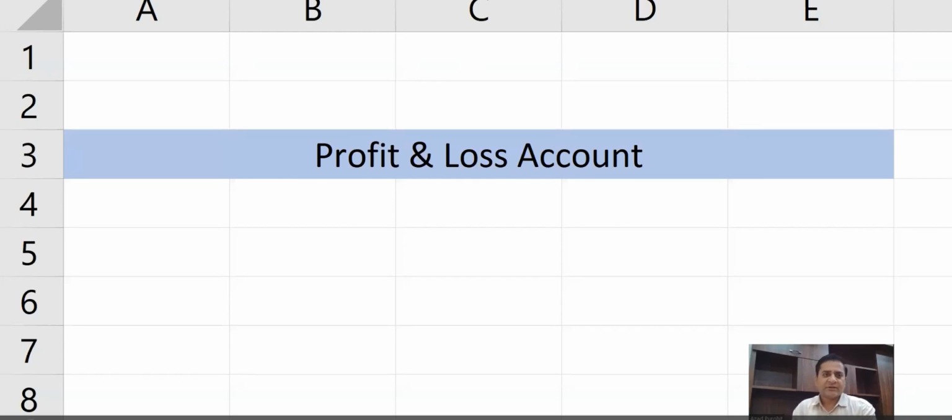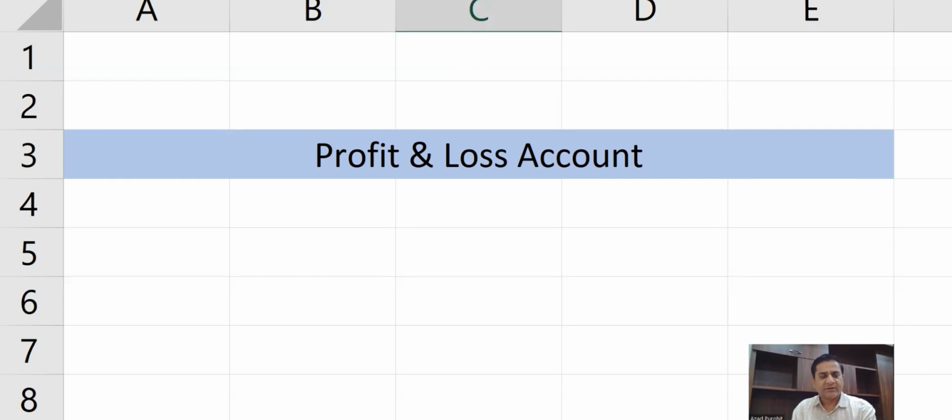Yes, friends, we'll be talking about the profit and loss account in this particular lecture. As you know, we are into chapter number 3, which talks about the income statement or the profit and loss statement. And in order to appreciate the concept of the profit and loss account, or the components that go into making the profit and loss account,